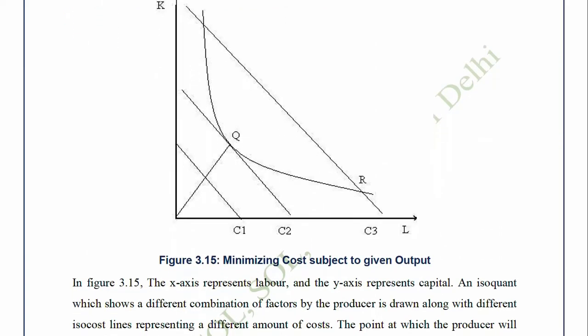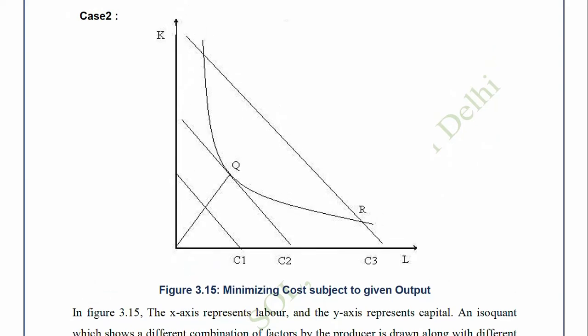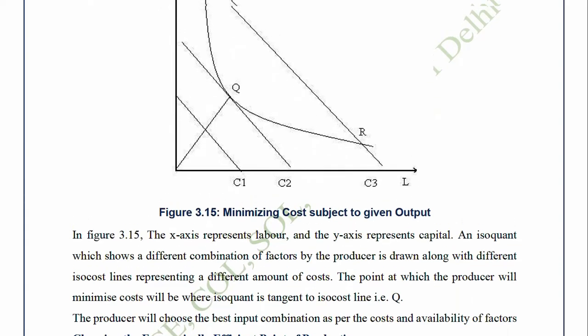Case 2. Figure 3.15 depicts minimizing cost subject to given output. In figure 3.15, the x-axis represents labor and the y-axis represents capital. An isoquant which shows different combinations of factors by the producer is drawn along with different iso-cost lines representing different amounts of cost. The point at which the producer will minimize cost will be where the isoquant is tangent to the iso-cost line, that is